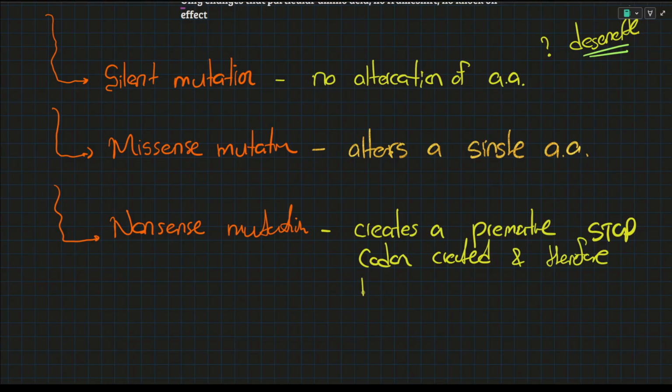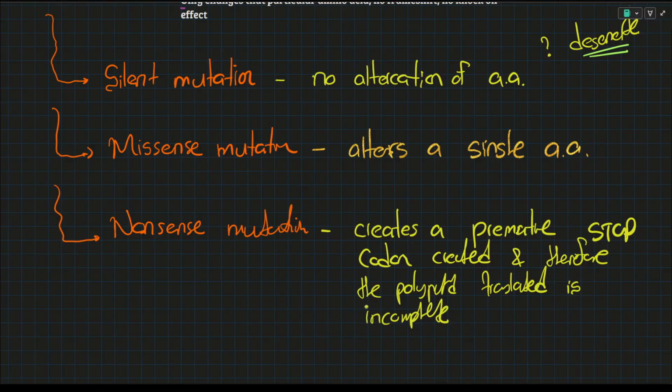Therefore, the translated polypeptide is incomplete. So you only get half of whatever you get. If you're making an enzyme, you get half the enzyme. It can't carry out its functions. You're basically going to die under that metabolic process. Incomplete and lacks